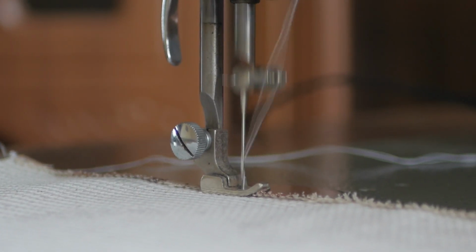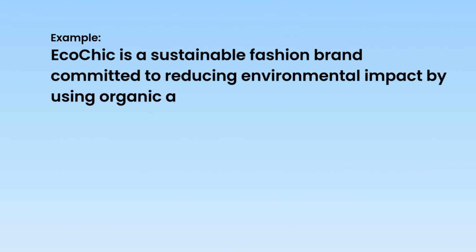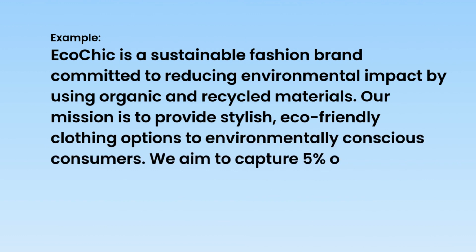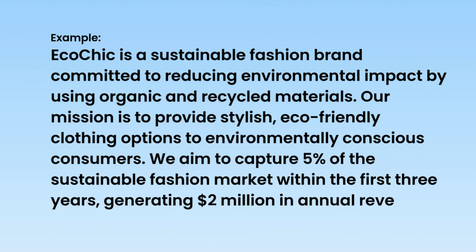And here's an example. Imagine you're starting a sustainable fashion brand. Your executive summary might begin with, EcoChic is a sustainable fashion brand committed to reducing environmental impact by using organic and recycled materials. Our mission is to provide stylish, eco-friendly clothing options to environmentally conscious consumers. We aim to capture 5% of the sustainable fashion market within the first 3 years, generating $2 million in annual